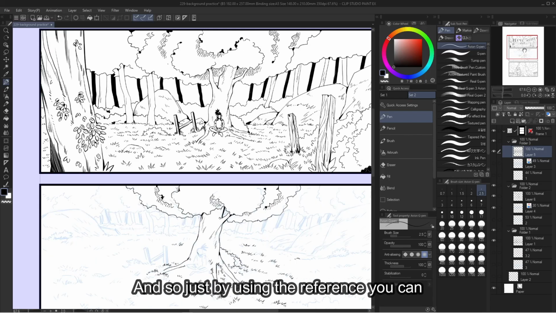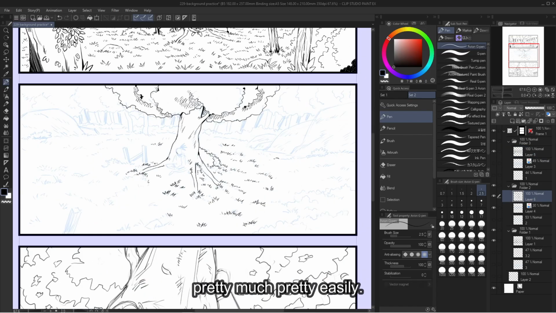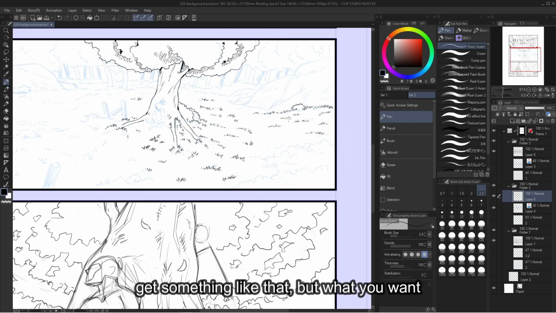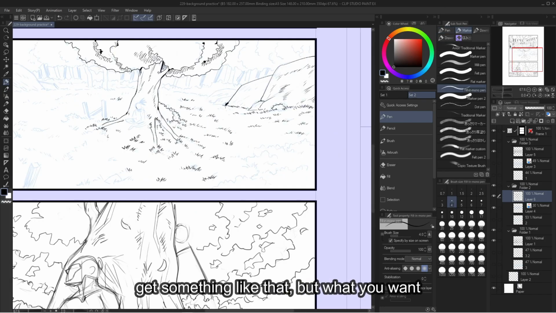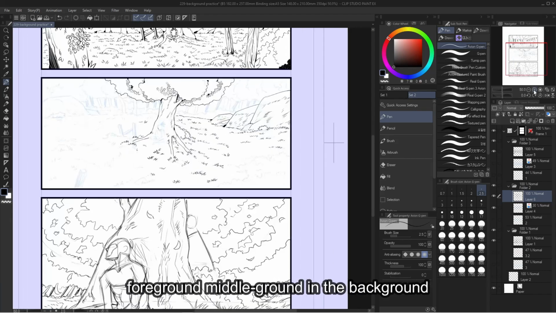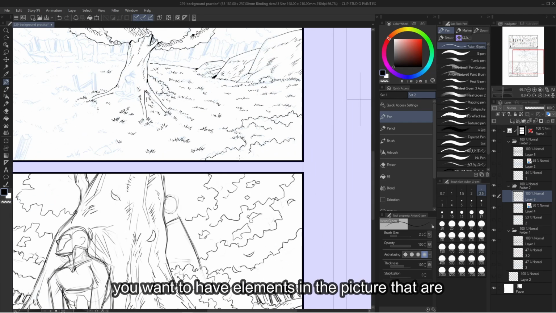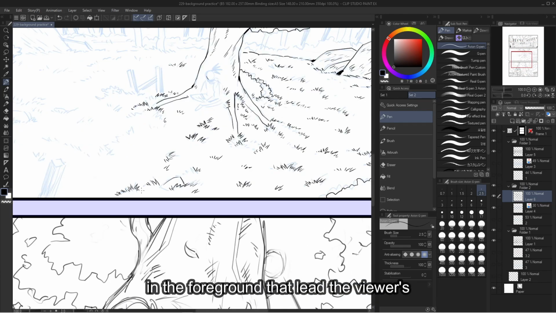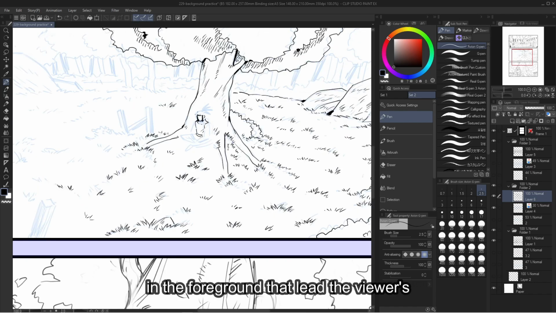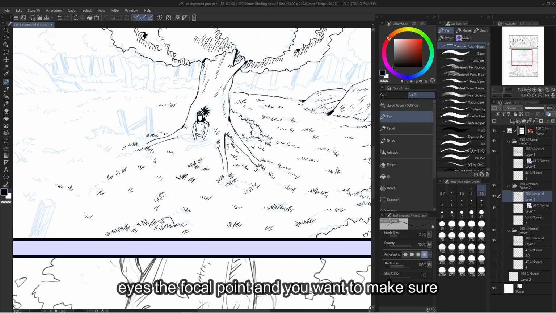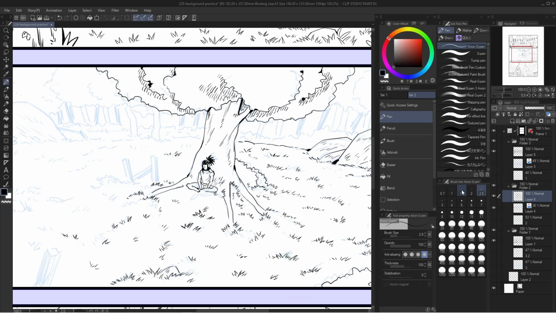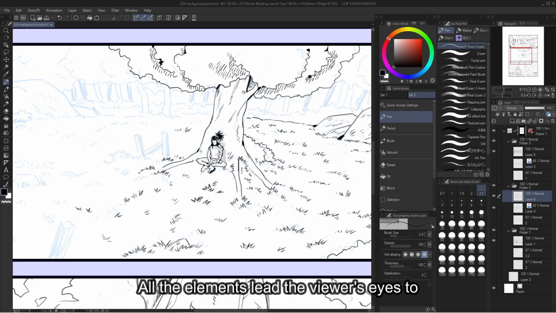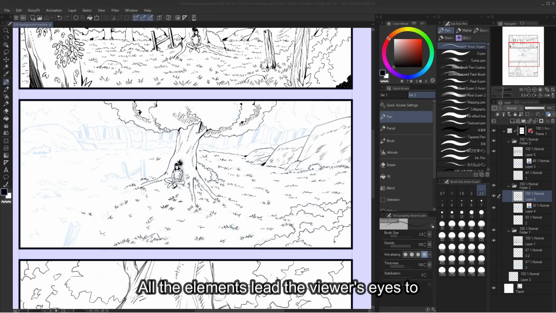And so just by using the reference, you can pretty easily get something like that. But what you want to pay attention to, like I said, is the foreground, middle ground, and the background. You want to have elements in the picture that are in the foreground that lead the viewer's eyes to the focal point, and you want to make sure all the elements lead the viewer's eyes to the focal point,